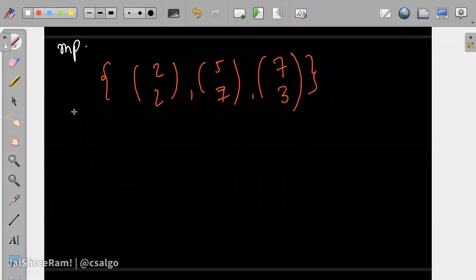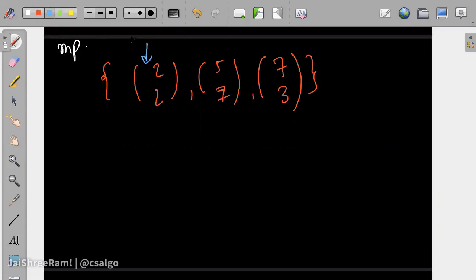And MP dot begin, then first, will give you this particular value. So this is what we want, right? You can get that using MP dot begin, which will give you the iterator to this element. Star of that will give you this pair, and its first value is the answer.